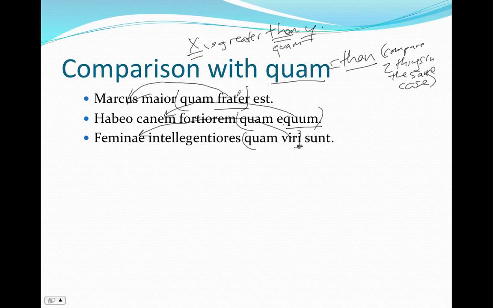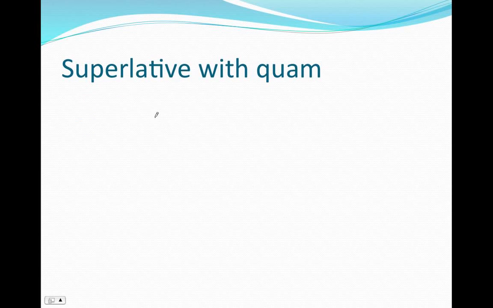So quam can take the place of than, provided it's with a comparative. So you're going to have a comparative adjective followed by a quam. Now this quam, you'll find, can be translated a number of different ways depending on context. One other way you can find quam is with the superlative adjective. So our maximus, greatest, or fortissimus,